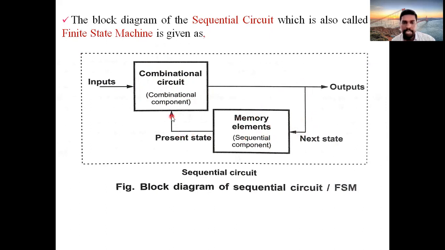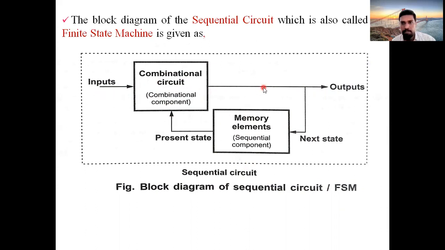And it is connected to the combination circuit again as a present state. See here, inputs are given to the combination circuit, and it takes this output side. Suppose this memory element block is absent, with only inputs, the circuit, and outputs. If you see this, it will be like the combination circuit block diagram.